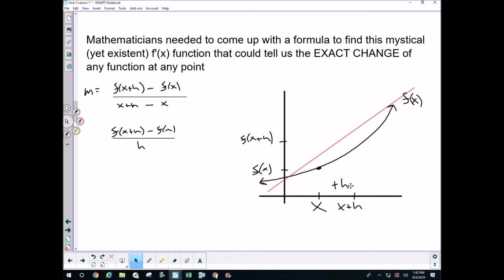Most other classes would not come up with that 0. Now, what new thing that we've learned in this class talks about getting really, really close to something, but not actually getting there? Limits. They said if you take the limit as h approaches 0, this formula will develop your tangent slope